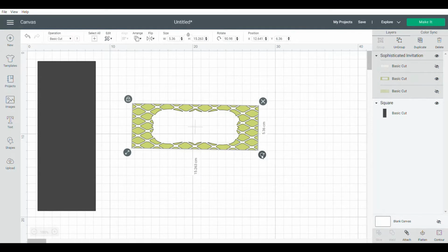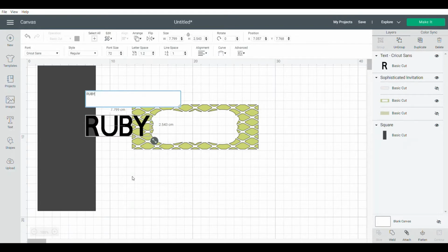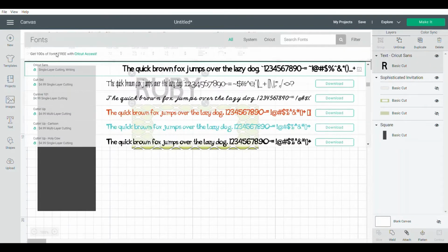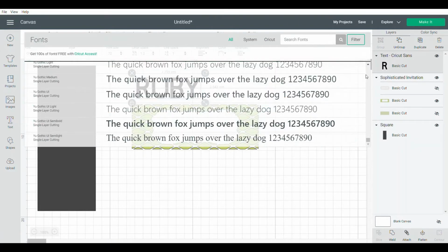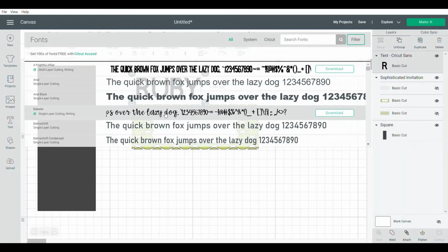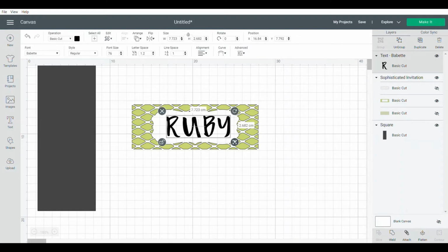Now let's go to text, and you can type in your name. So I'm just going to type in Ruby, and then I'm going to go to font, go to filter under my fonts, and then I'm going to go all the way up, and I am going to be choosing this particular font here. So once I'm happy with that, I'm going to bring it to the middle of that design earlier, unlock,